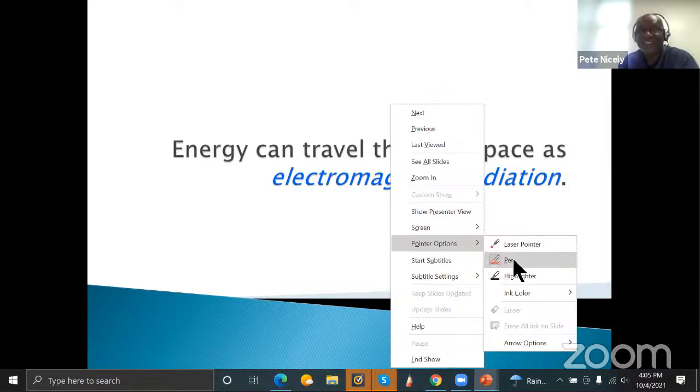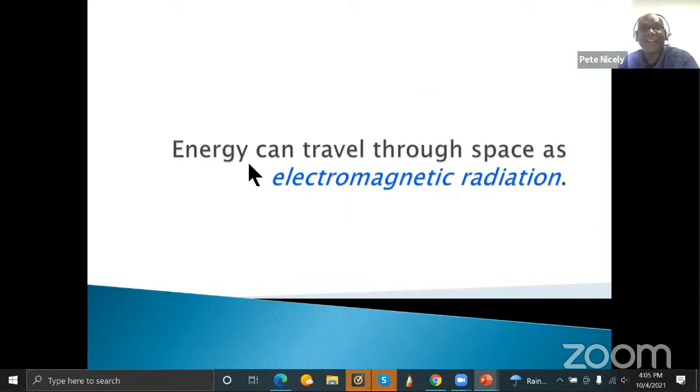On the other hand, in the case of electromagnetic radiation, one can transfer energy through vacuum or through space, all right? So it has to do with the nature of this form of energy transfer, so to speak. And as you can see here, in the name, it says electromagnetic radiation. And what this implies is that